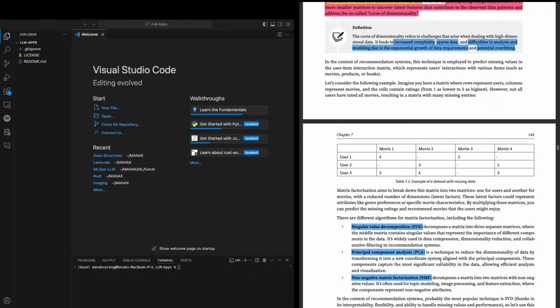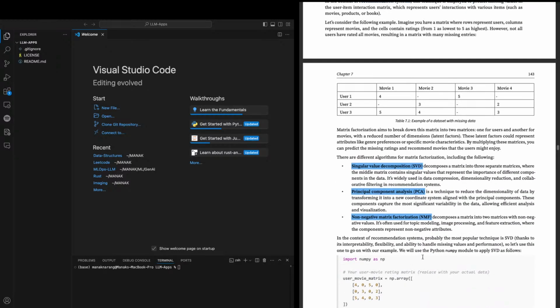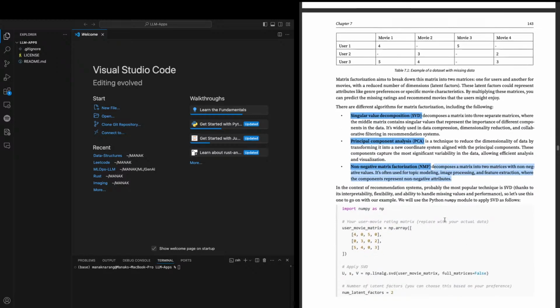You compute the eigenvalues and eigenvectors, and then you sort them, and then you see that, let's say, the first k eigenvalues represent 99% or 95% variability, or perhaps even 80% of the data. So you sort the eigenvectors according to that, and then you follow that procedure. Then topic modeling, image processing, feature extraction. Okay, we'll be doing image.